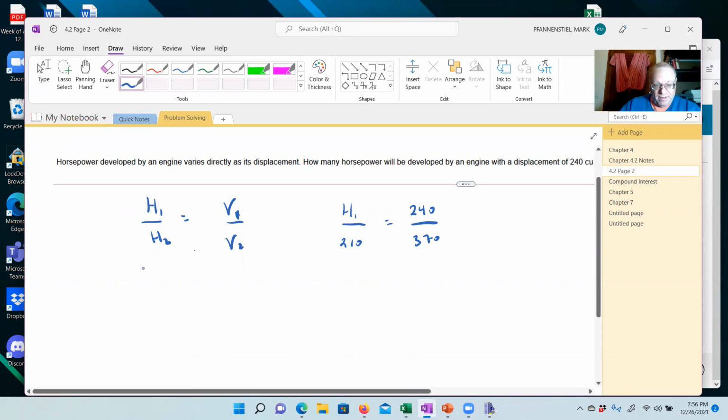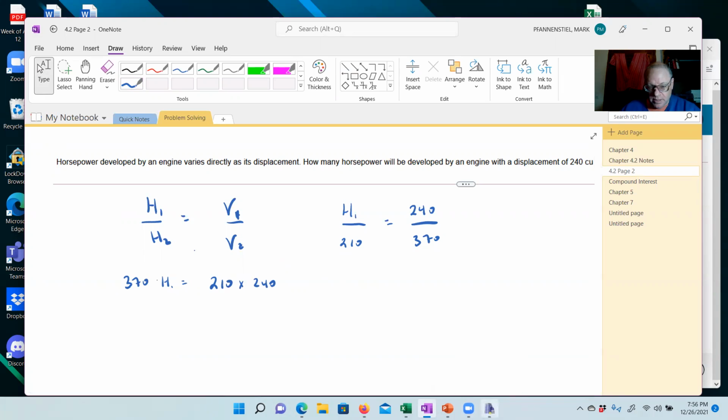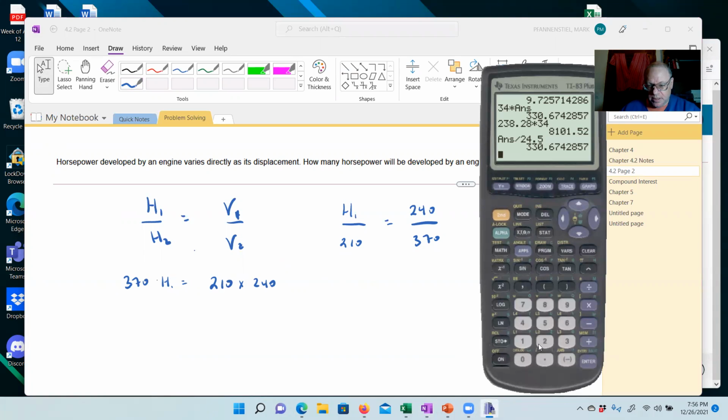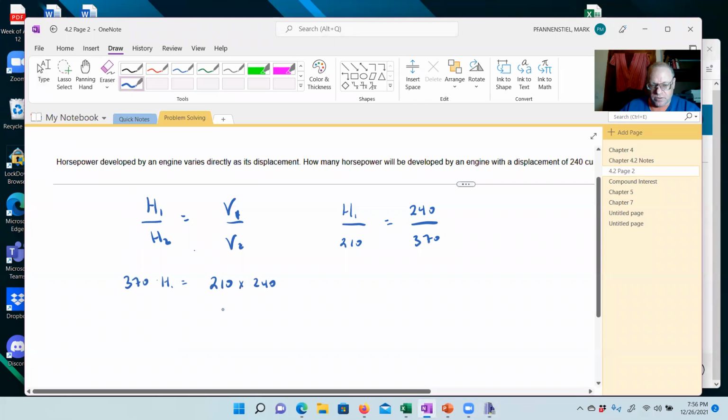So we have 370 times H1, cross multiplying, is equal to 210 times 240. Let's go ahead and do that. We've got 210 times 240, which is 50,400. That is equal to 370 times H. The last thing we're going to do is divide by 370, divide by 370, and we get H is equal to